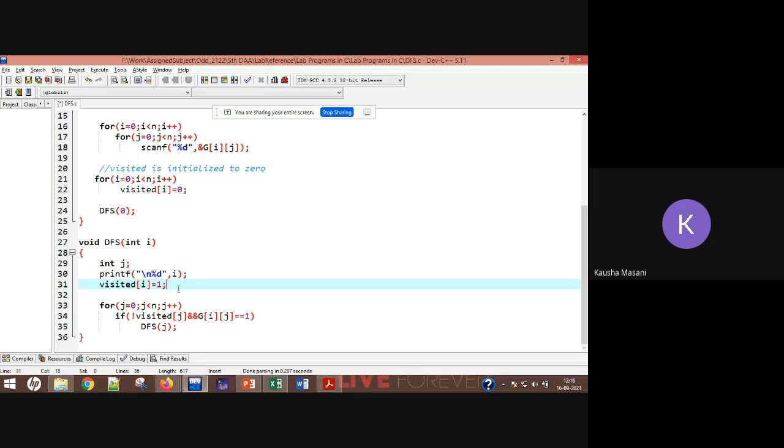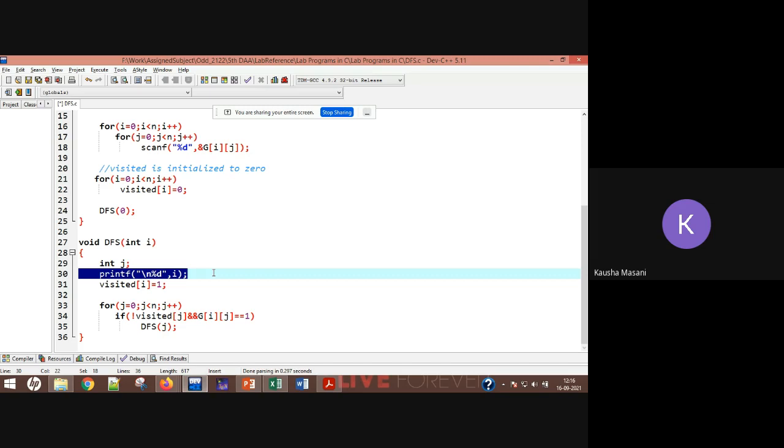In the visited array the value will be updated to 1.